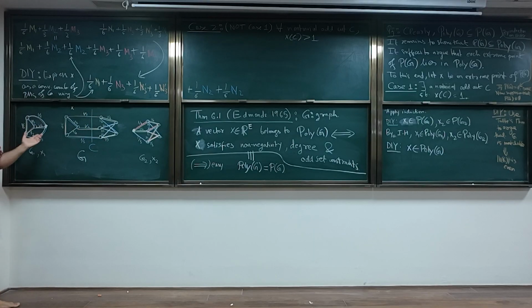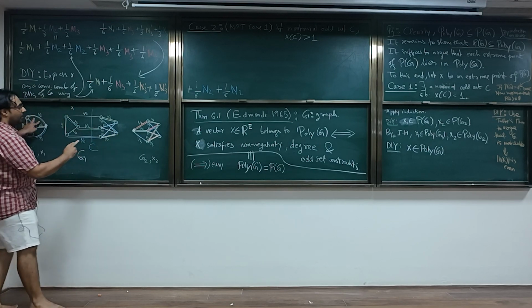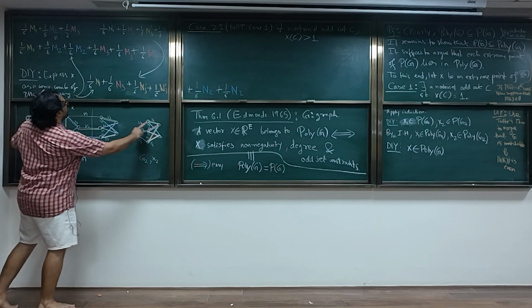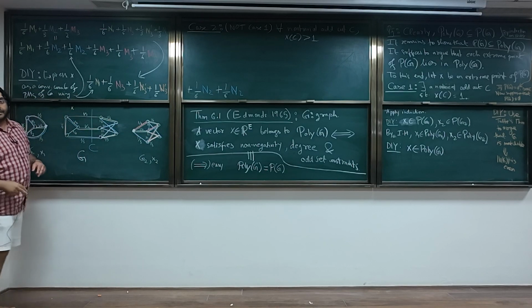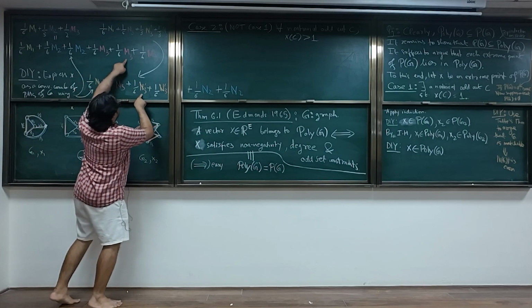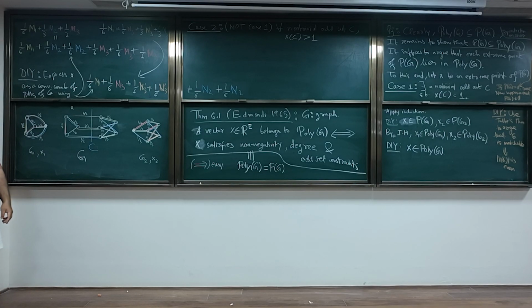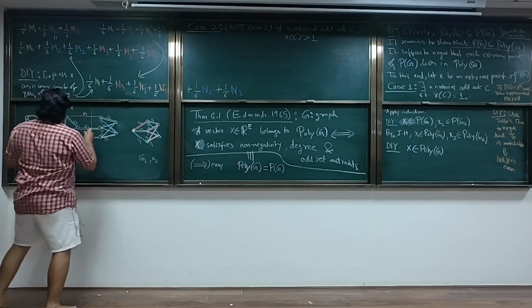So I'll just take 1/6 times the pink union pink plus 1/6 times pink union orange and 1/6 times pink union orange. Pink union pink, pink union orange, pink union orange, and I'm done. Yeah, you all agree? I'll get exactly this vector, right? So let's do it. 1/6 times pink union pink. So pink will be